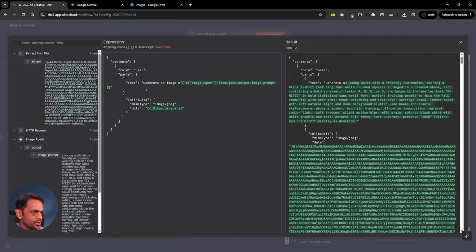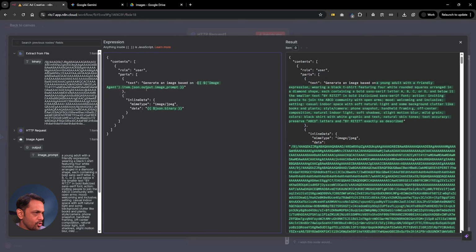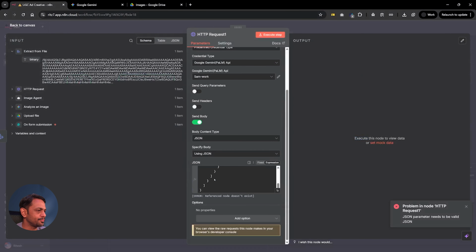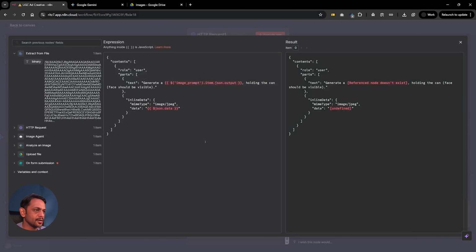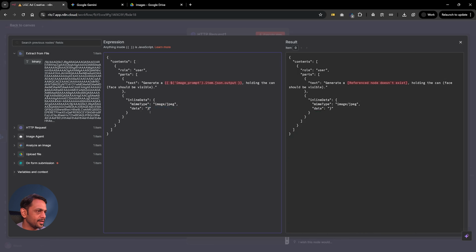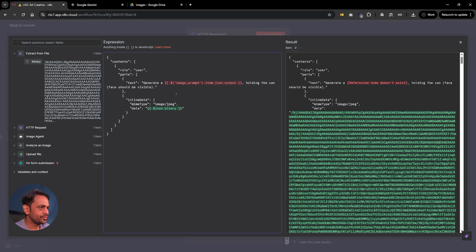Generate an image based on. Let's try this out. So here we have to add this particular details, and this is going to be the binary file that we've got. Of course, we have to remove this bracket up. Now the next change that we have to do is